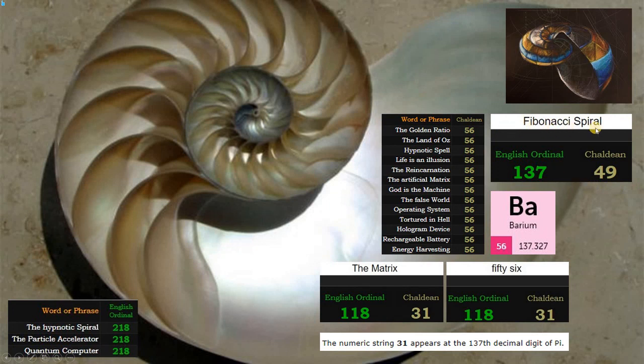So we have Fibonacci spiral being 137 in English ordinal, matching the atomic mass of barium, and 137 is the fine structure constant. And 56 is the number of the element barium in the periodic table. And we have in Chaldean the following expressions. The golden ratio, the land of Oz, hypnotic spell, we are under the hypnotic spell, life is an illusion, the reincarnation, this system is always linked to reincarnation, the artificial matrix, God is the machine, the false world, and this